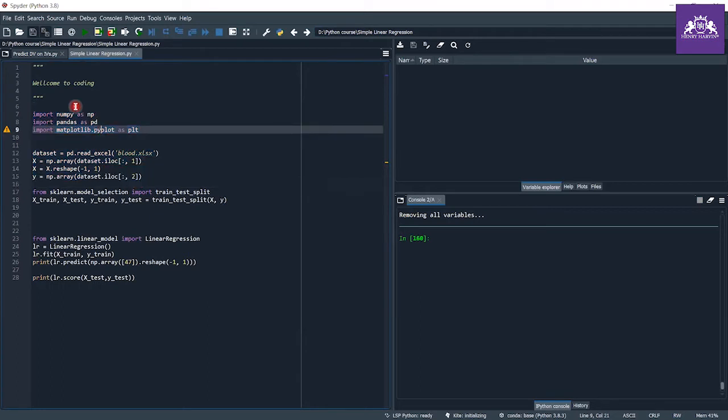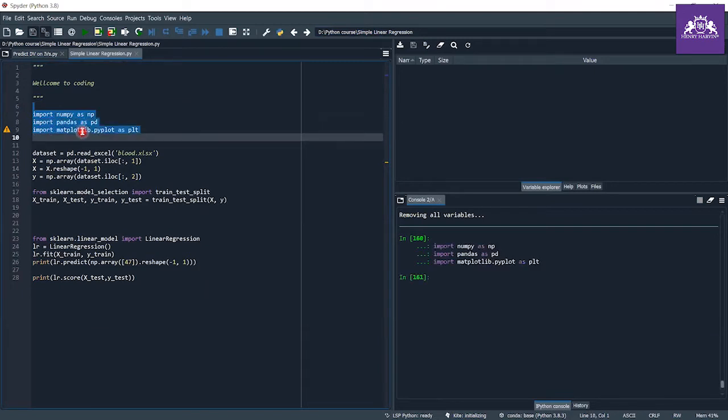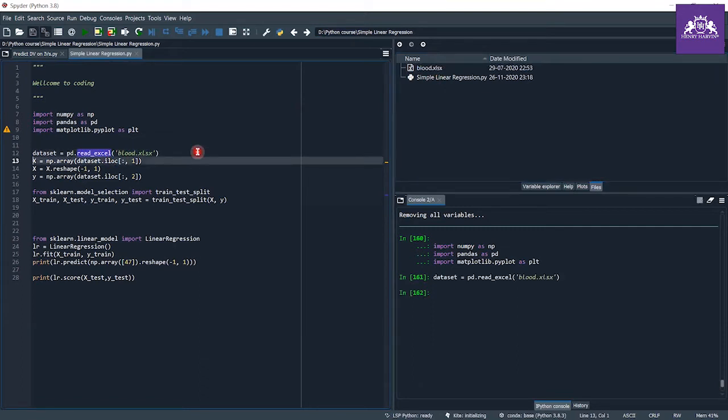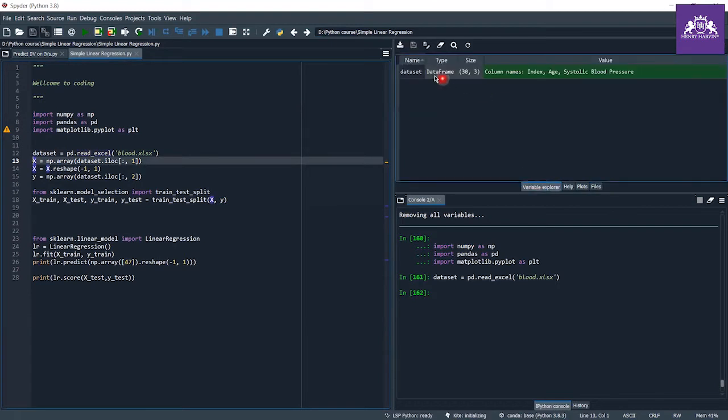So first of all, let me import the libraries. When we import the libraries, I want to tell you that I have added a CSV file, an Excel file, named blood, where I have blood pressure data according to the age factor.